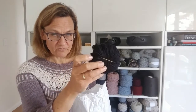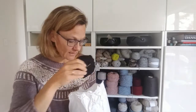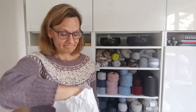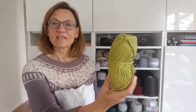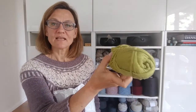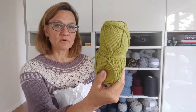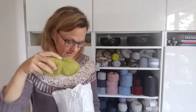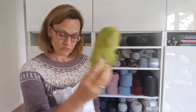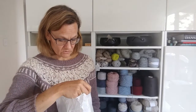Picked out 5 small balls of yarn, and then this one, a green. I have something with the live green. This is a 10 ply. This will be this cloths as well, just for ourselves. 3 balls of this, and there might be 100 gram in here, so there will be a few of the green ones. So that was in total